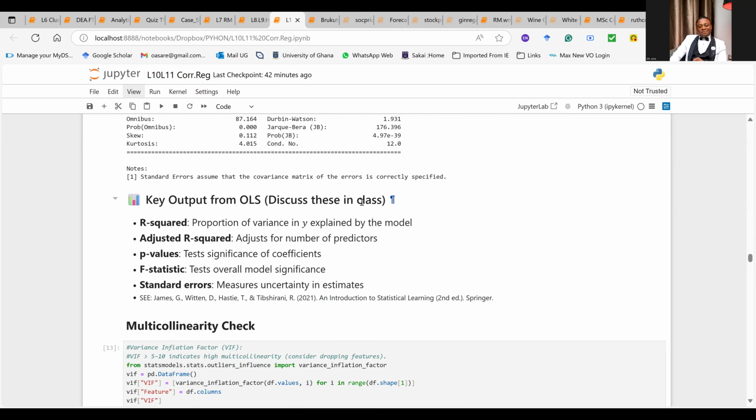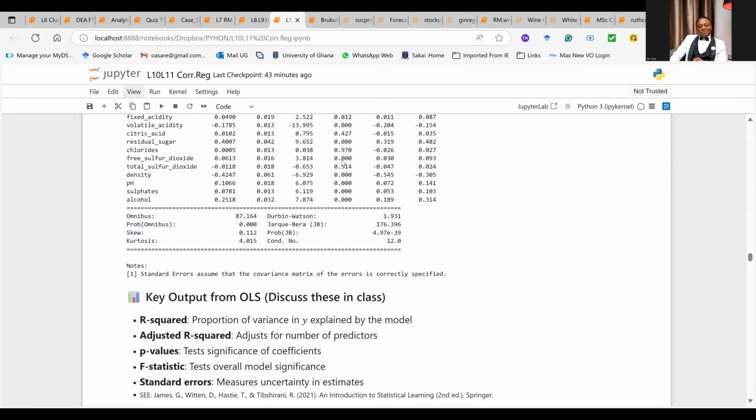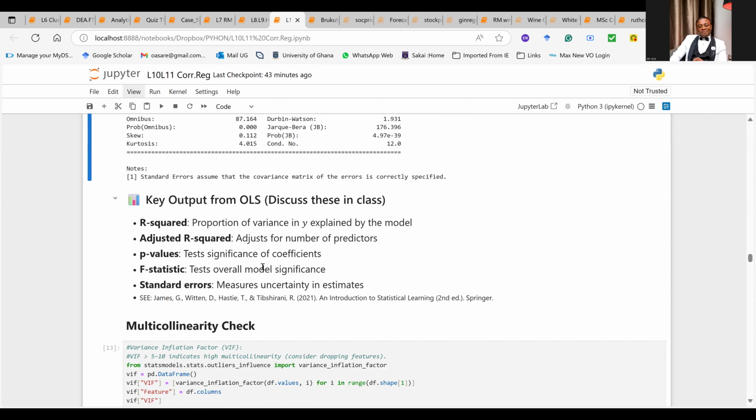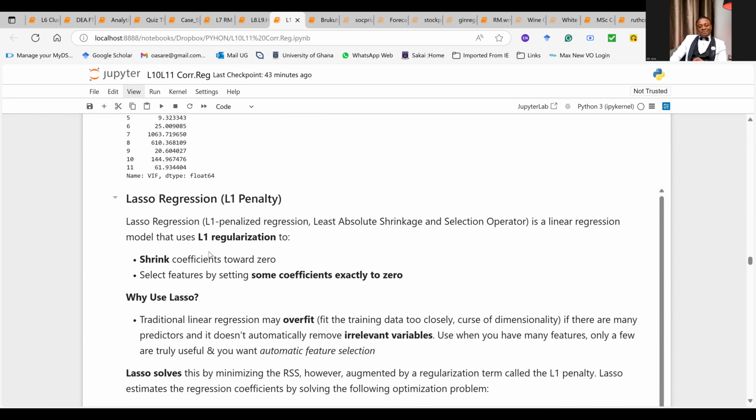So we're able to go through this. We explain all the elements of the coefficient, the statistics, the R squared, adjusted R squared, the p-value, the F statistics, standard errors. We did all. We analyzed multicollinearity. And then we looked at the theoretical underpinnings of the lasso regression,